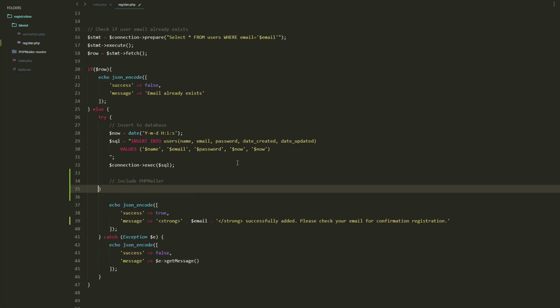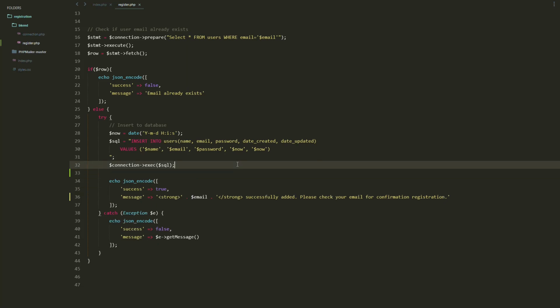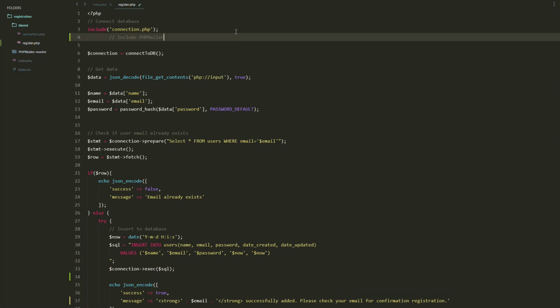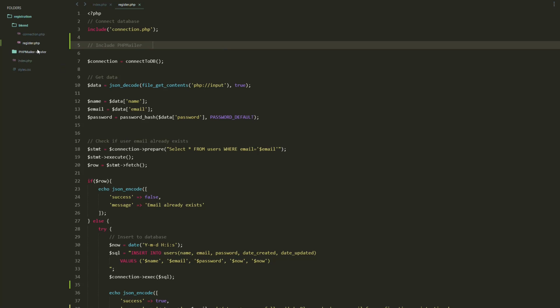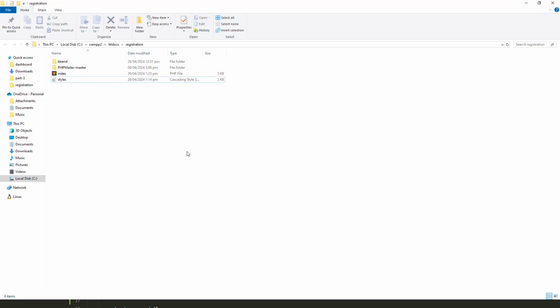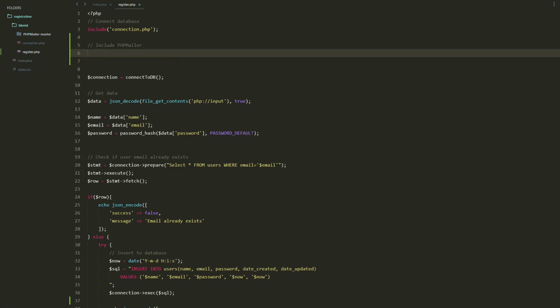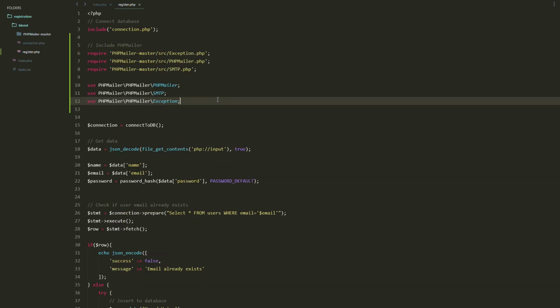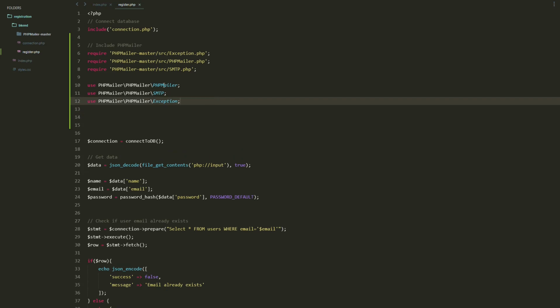So here I think it's good to include it on the top of our script. So actually, let's go back to our folder. Let's just move this one inside the backend folder. So to include the file, I'm also just going to copy and paste this, and then